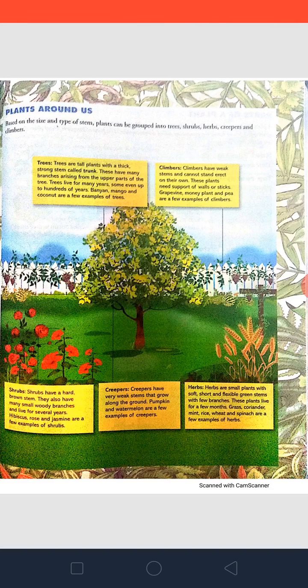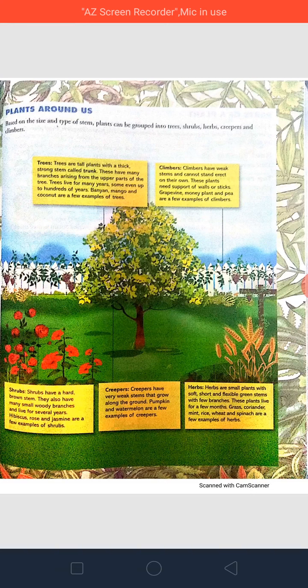In the video, you have to stand in the kitchen garden, then take the plant in your hand, then show me the parts of the plant. And the second thing you have to do, you have to show me whether the stem is soft, hard, thick. What kind of stem do all these plants, tulsi, rose, and any tree, have.